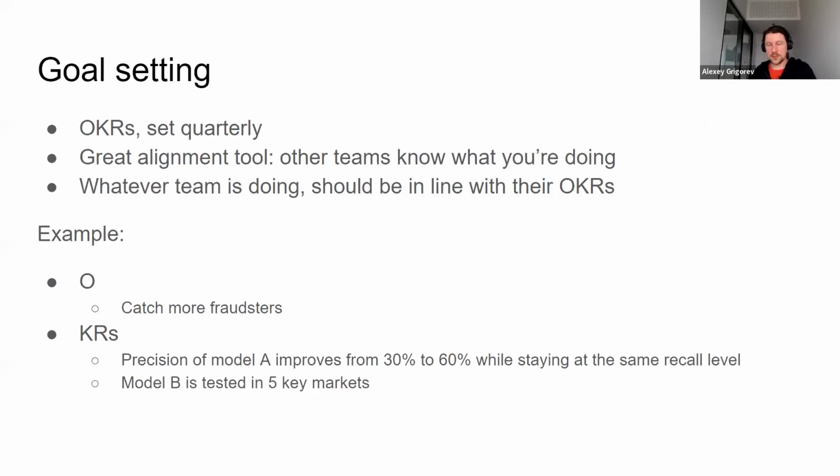And how do we set these goals? For goal setting, we use a thing called OKR. OKR is objectives and key results. This is something we set quarterly: the things we want to work on in the next quarter. Here we do not mention solutions. We say what state we want to be in 3 months.